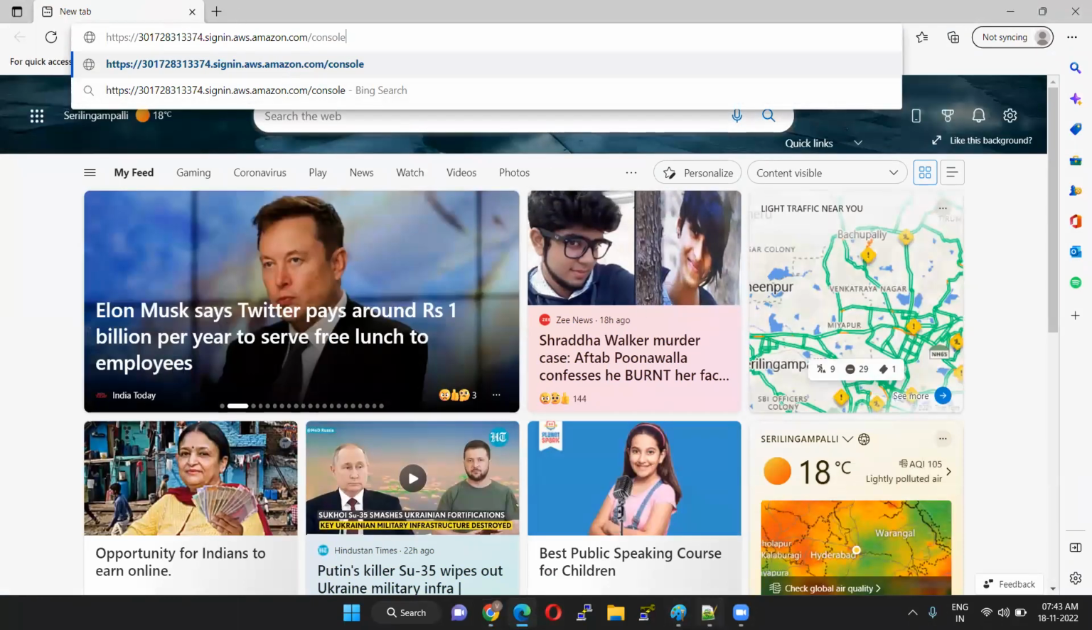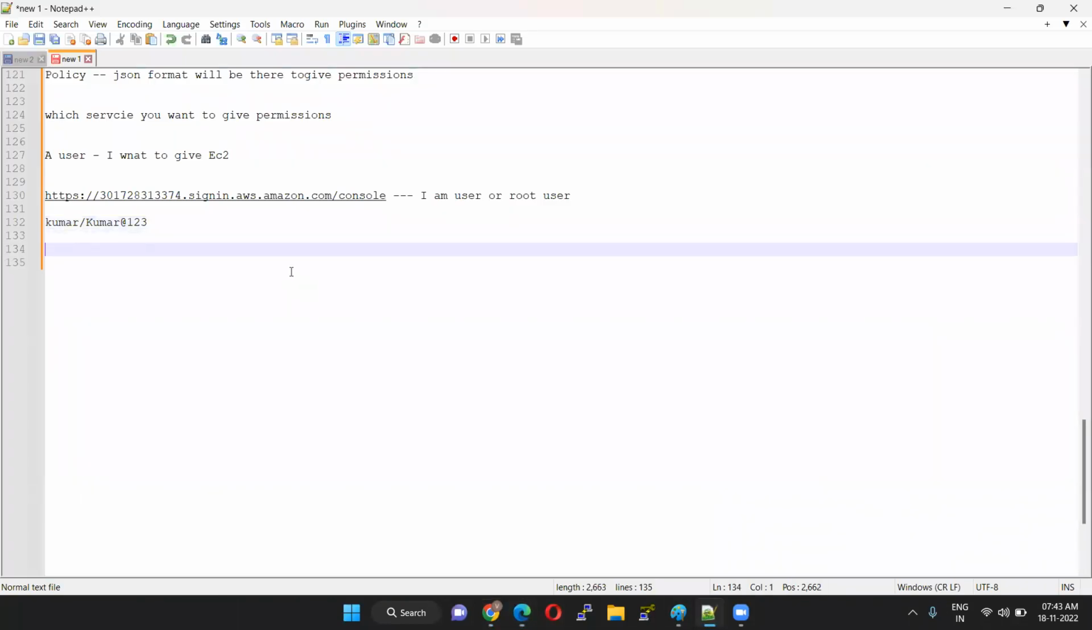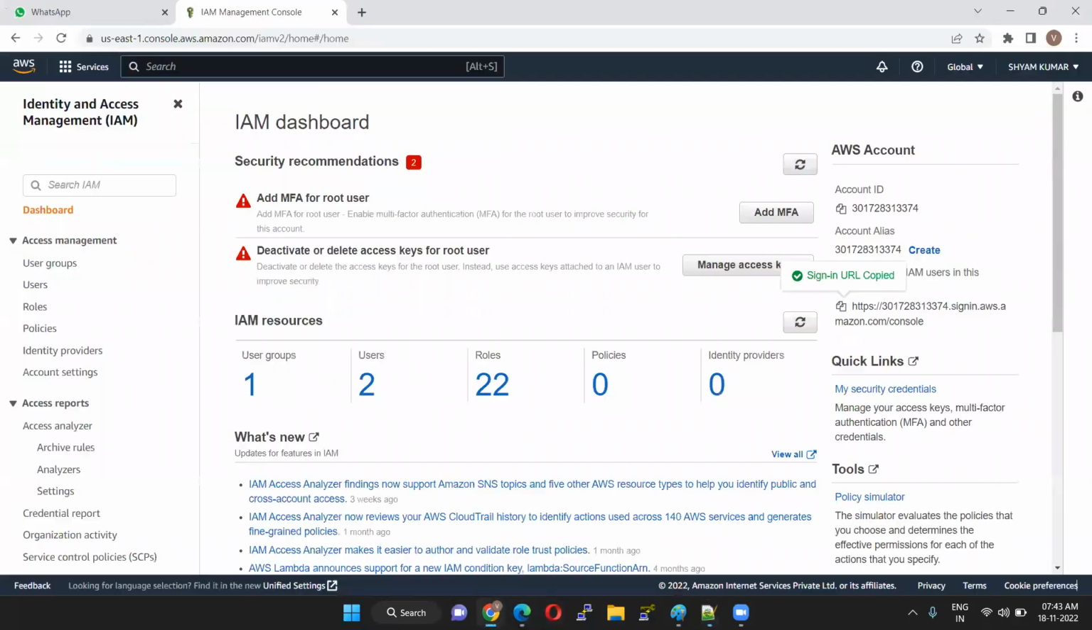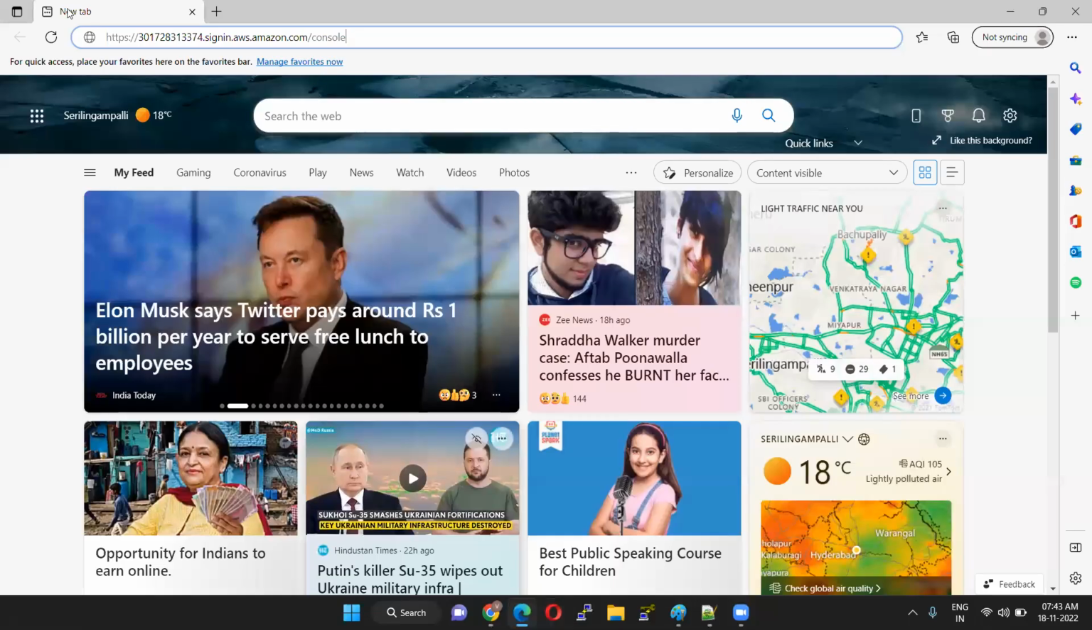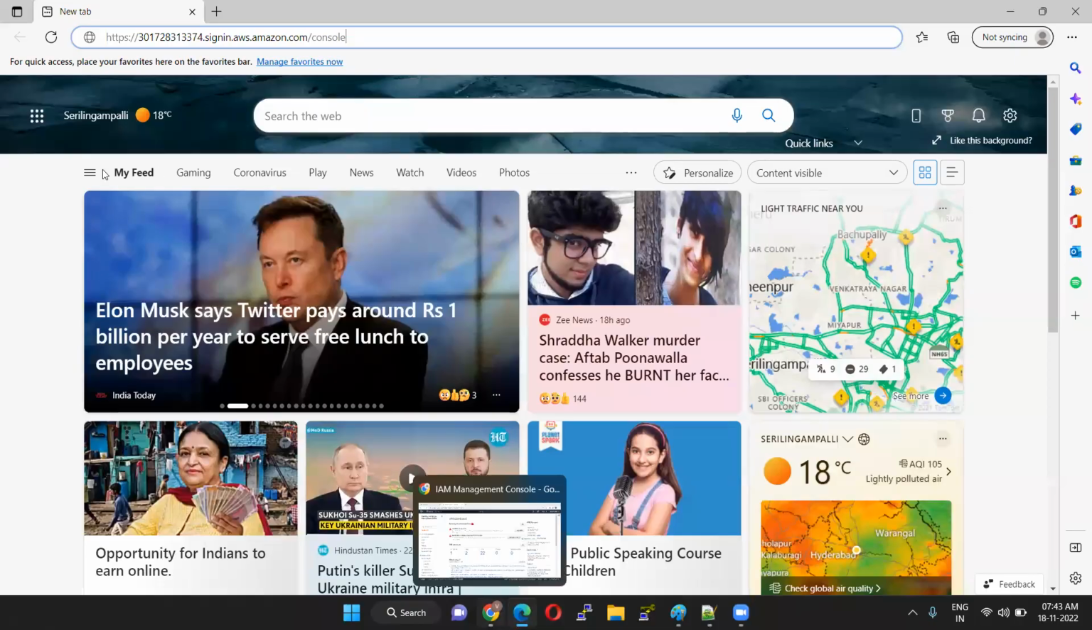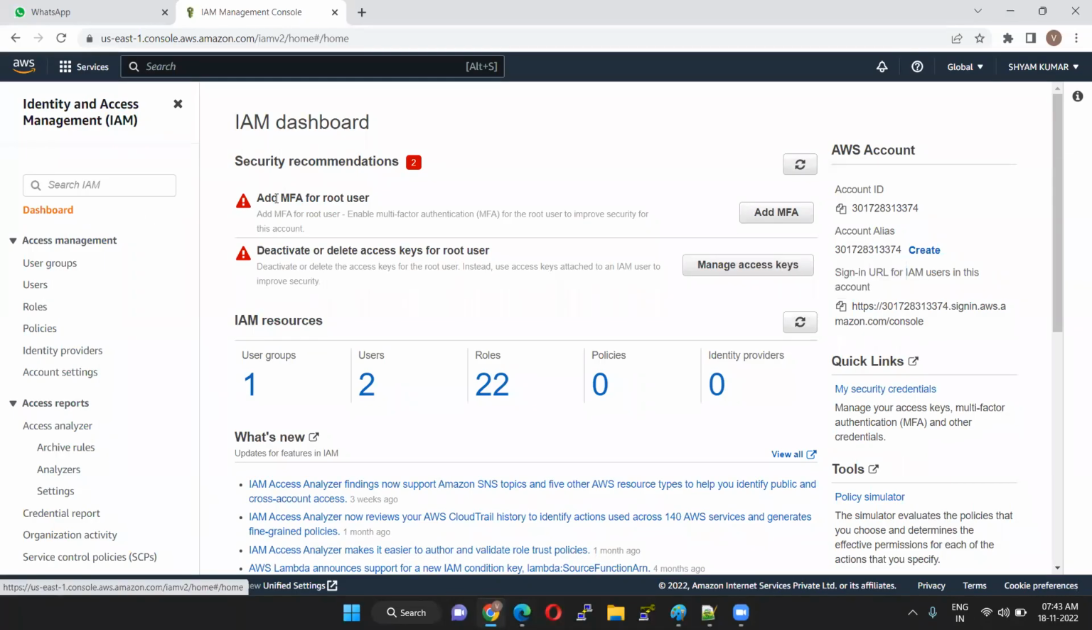Okay. So in the real time scenario, they will give these details for you. So when you click, they will give this URL for you and they will share the credentials in a separate email, individual email. So once you come here, this is my name. So I can go here. So where you are getting this URL, click on the dashboard of the IAM. Here we can see the